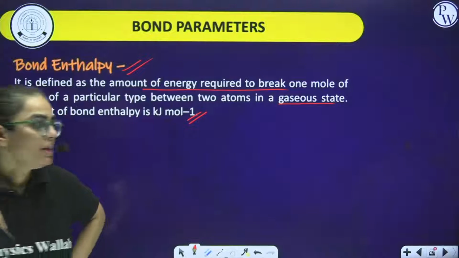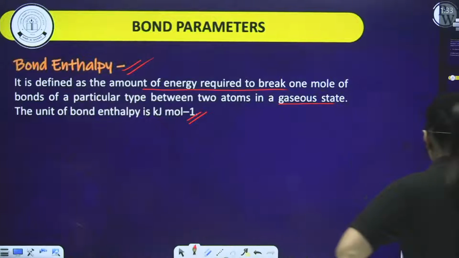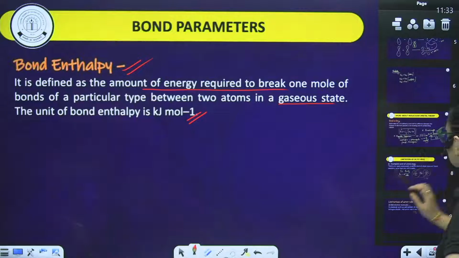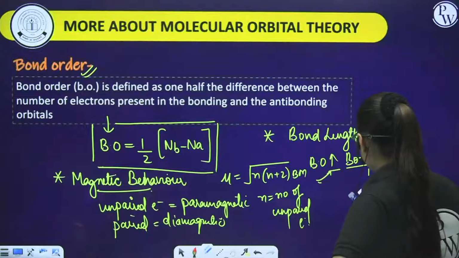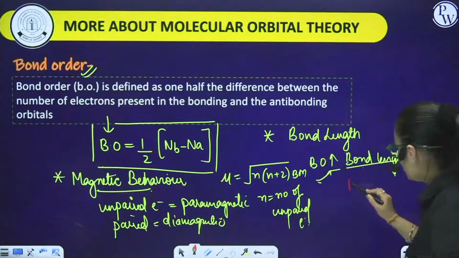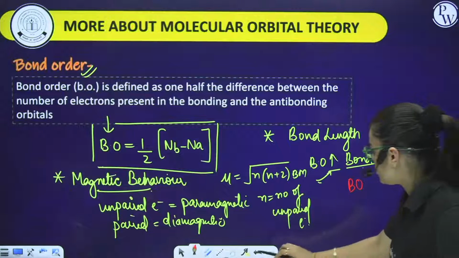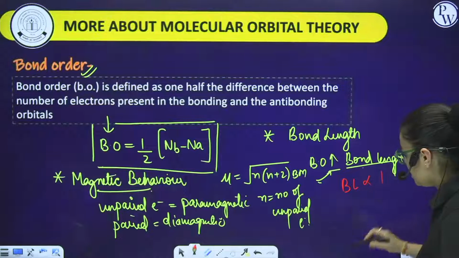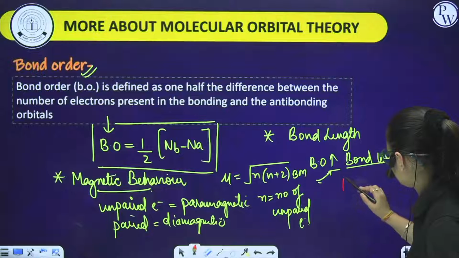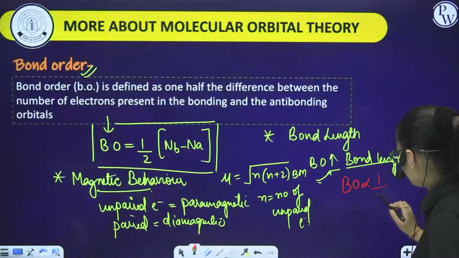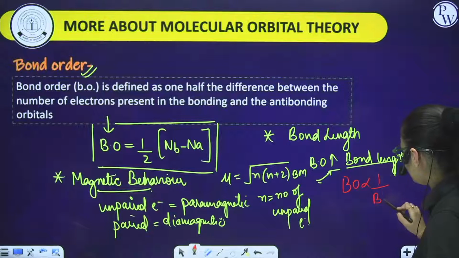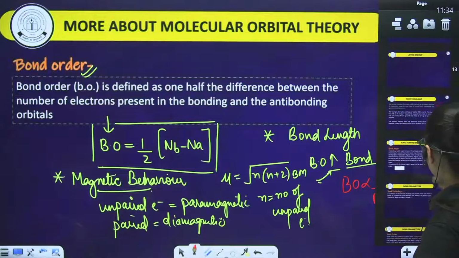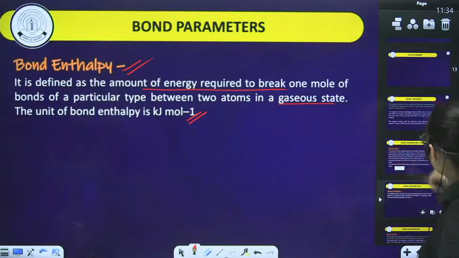That bond enthalpy, sorry students, just correct it over here. You can understand this by the case that, sorry, this was about bond length, no? Greater the bond order, lesser is the bond length. This is right. But over here, if I'm telling about bond enthalpy, I don't know whether I've